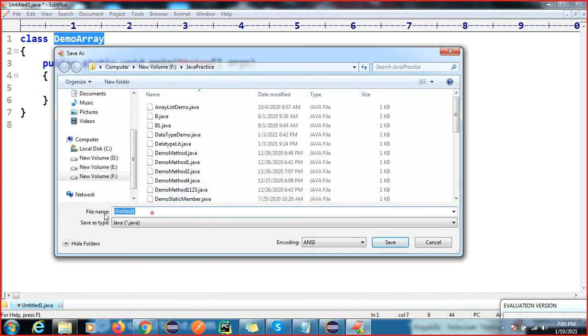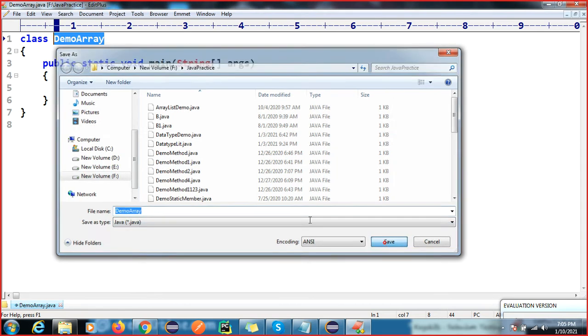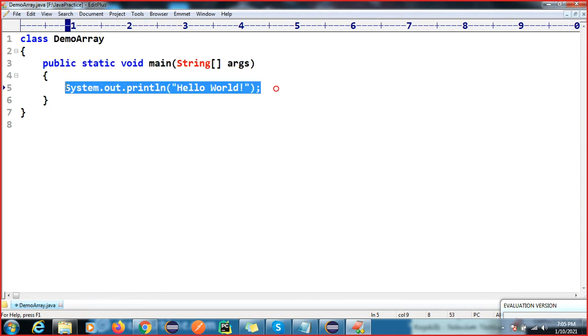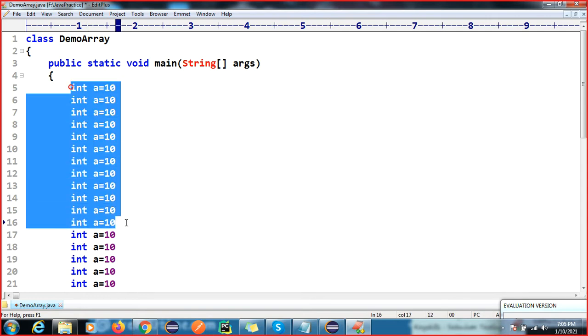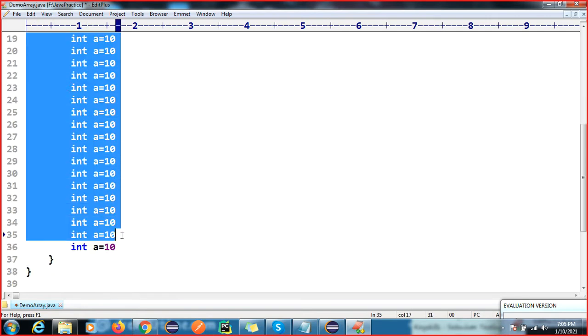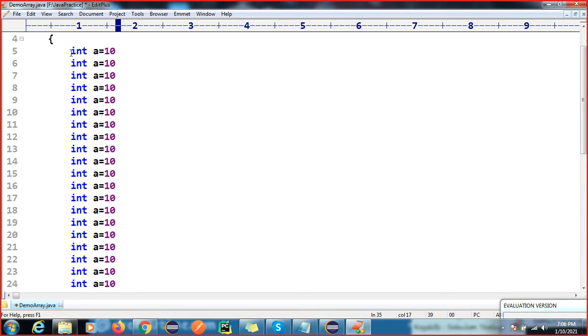If you have the requirement to store 20 values here, int a equal to 10, okay, or you have to store like 100, then can we write like that? No, right? We cannot write like that. You have to use a specific variable for each one.